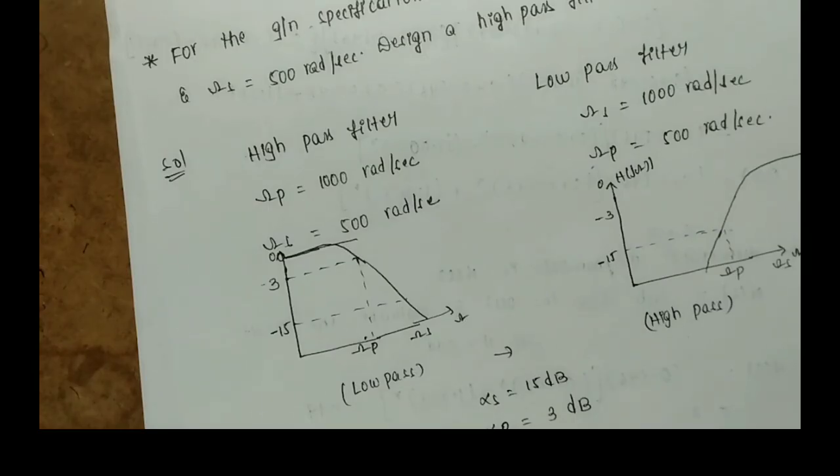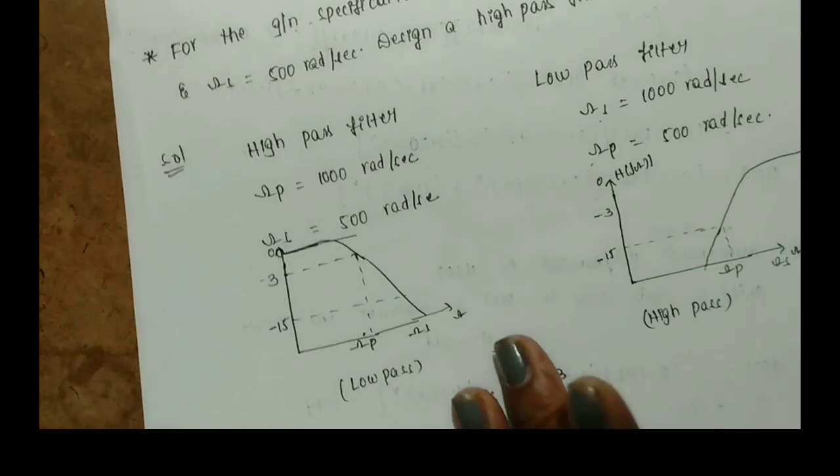He didn't specify which method we have to follow. Compared to the Chebyshev filter, the Butterworth filter has a flat magnitude response. That's why we are going for the Butterworth filter design only, and moreover the design is very easy compared to the Chebyshev filter, because in the Butterworth filter we obtain the transfer function without deriving the poles. So that's why I am going for the